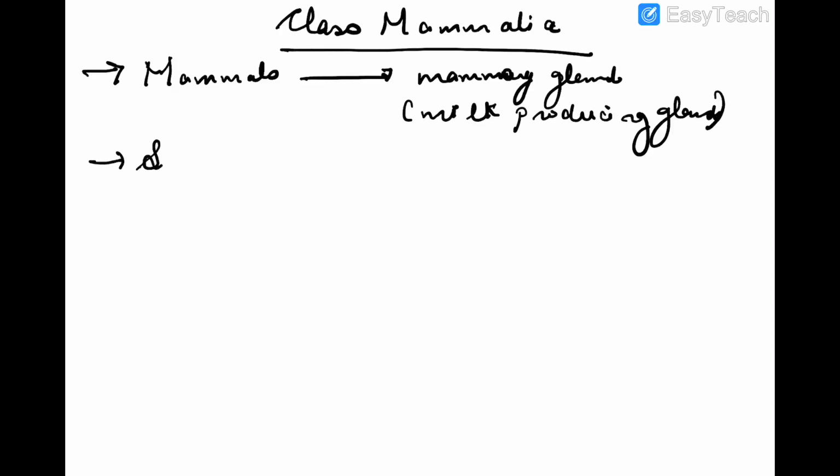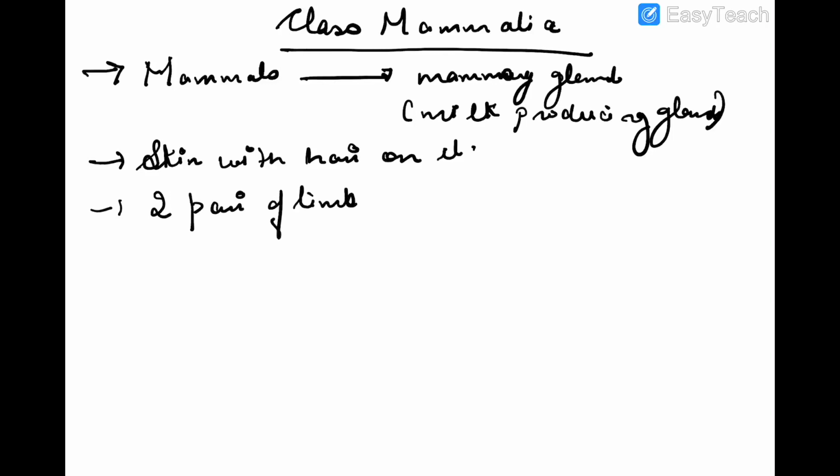They have skin with hairs on it. Two pairs of limbs are present, which are for walking,